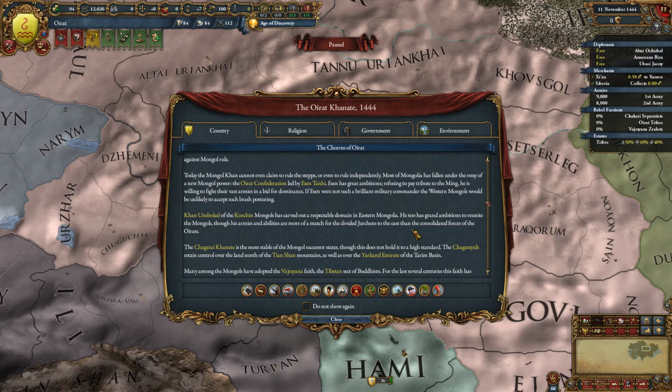Today, the Mongol Khan cannot even claim to rule the steppe, or even to rule independently. Most of Mongolia has fallen under the sway of a new Mongol power, the Oirat Confederation, led by Esen Taishi. Esen has great ambitions, refusing to pay tribute to the Ming. He is willing to fight their vast armies in a bid for dominance. If Esen were not such a brilliant military commander...